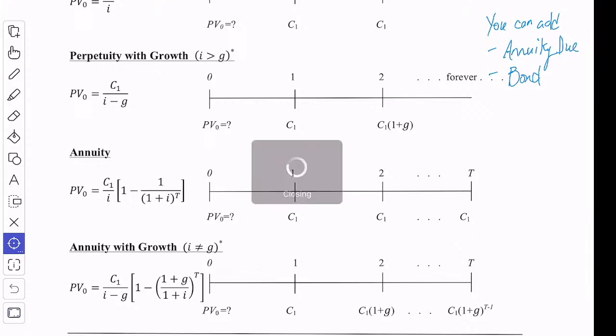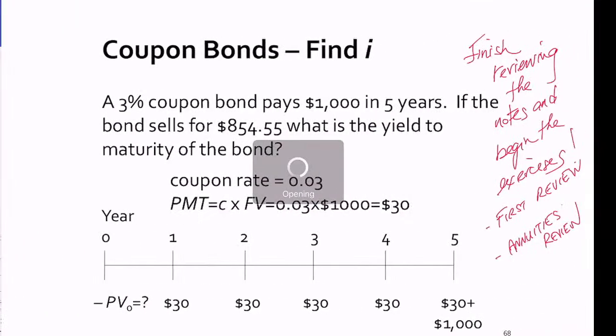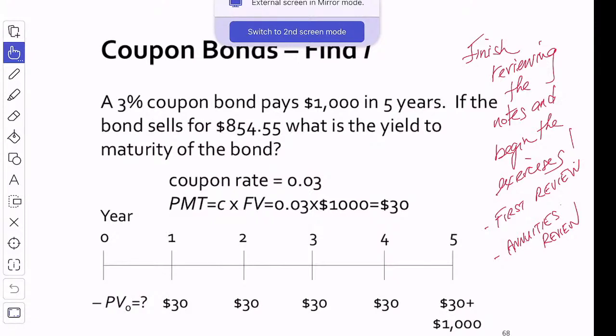So let's see where we left off here. I asked you to finish reviewing the notes and begin exercises. Okay, so I'm going to complete the notes and then we'll talk about some of the exercises together. And then I'm going to send you some more material after a brief break. So we just did this one. Oh no, this is where we left off. Okay, so for this one,